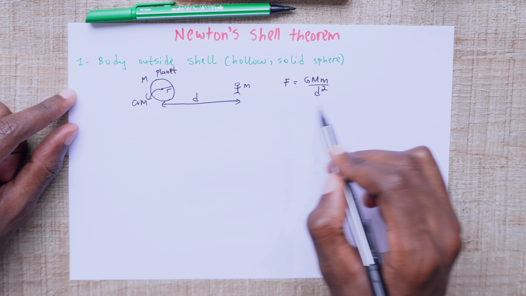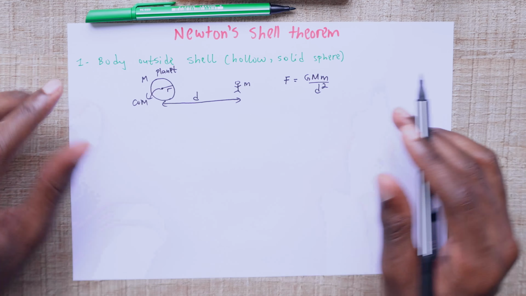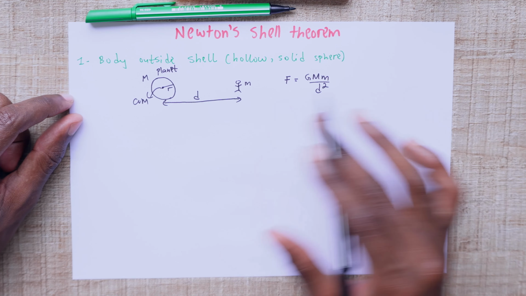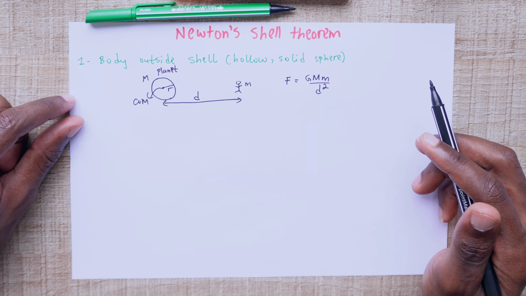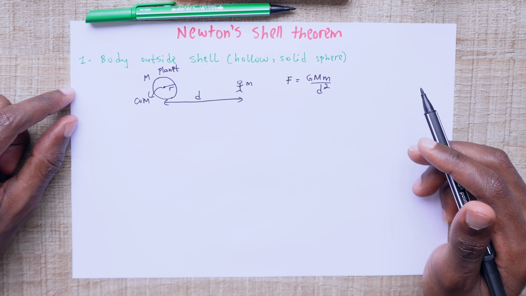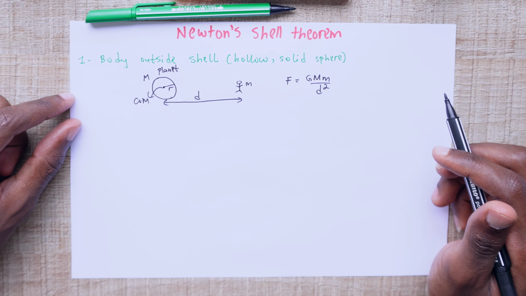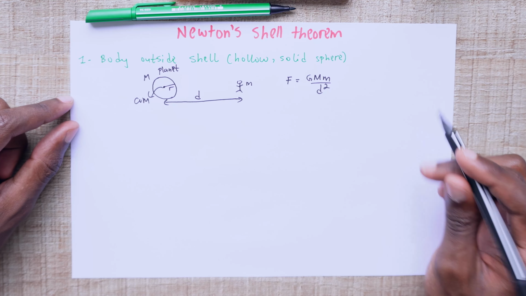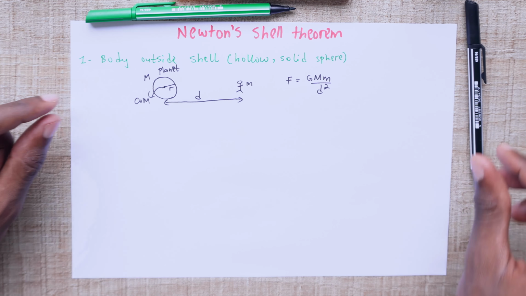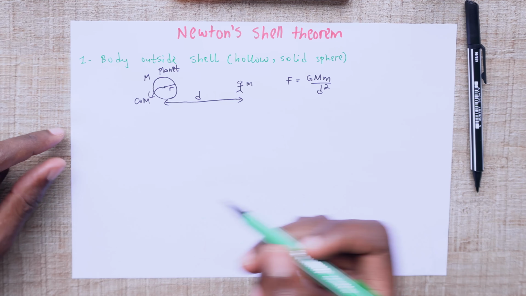Of course, this result can be proven by integration. It's not just guesswork. We can show that, but I want to do that as I earlier mentioned in another video. So that's the statement of the theorem for the first case, when we are having the body outside the shell. It's really straightforward. Then we can have a second case